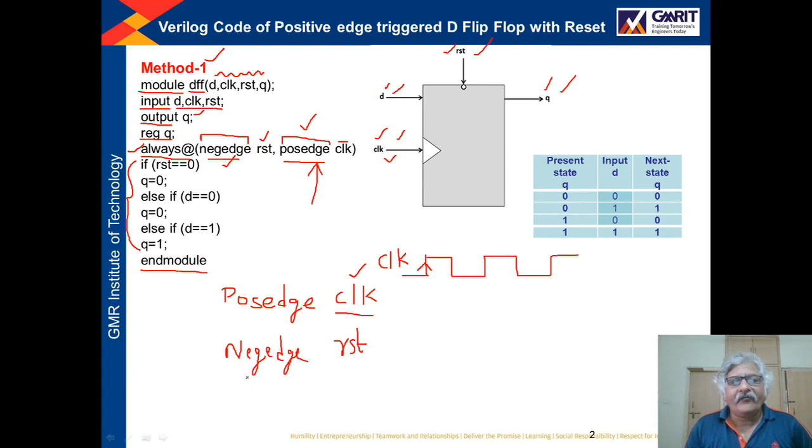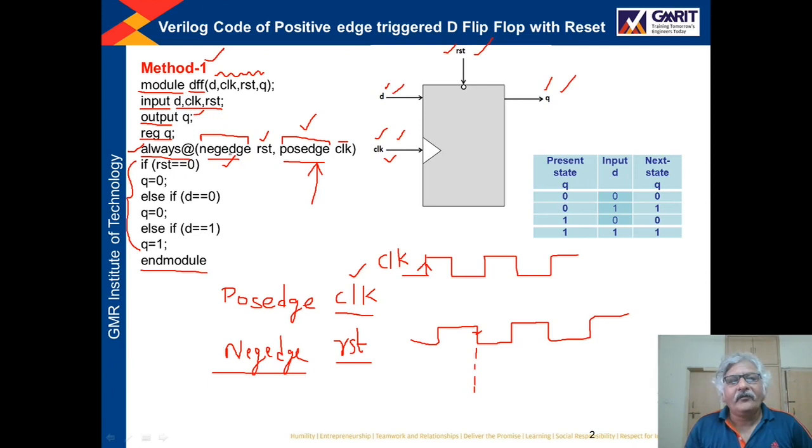So now with this, what will happen? This negedge keyword will detect the negative edge on the RST, right? Suppose this is the RST, some signal we have applied on the RST. So now whenever this negative edge is detected, whenever the signal is going from high to low, this is a negative edge. When this edge is detected, then the always block will be activated.